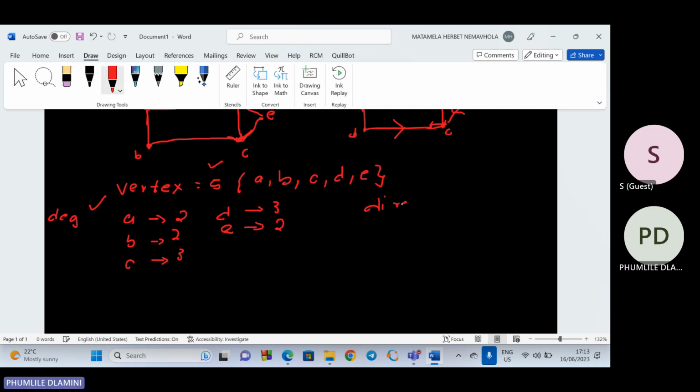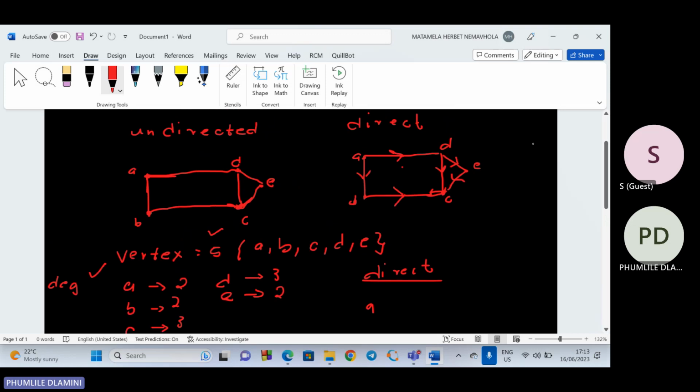In a directed graph, if we take A, we have two types of degree. We have in degree and out degree. So when we have in degree and out degree, let's use in degree and out degree. So you will see